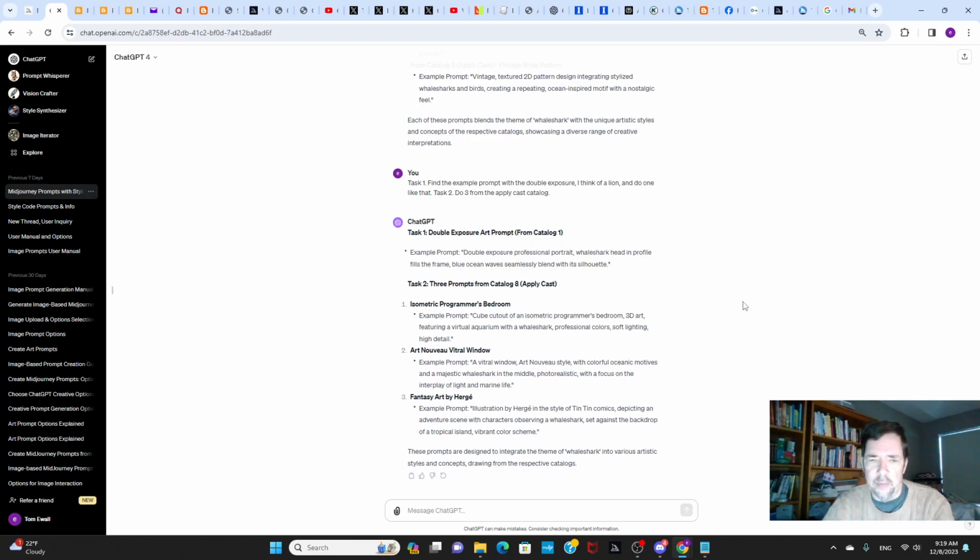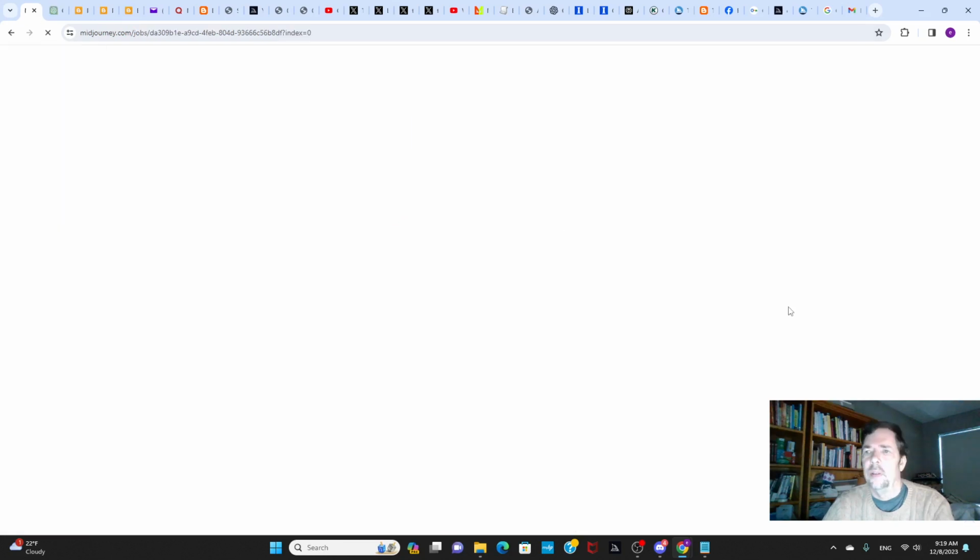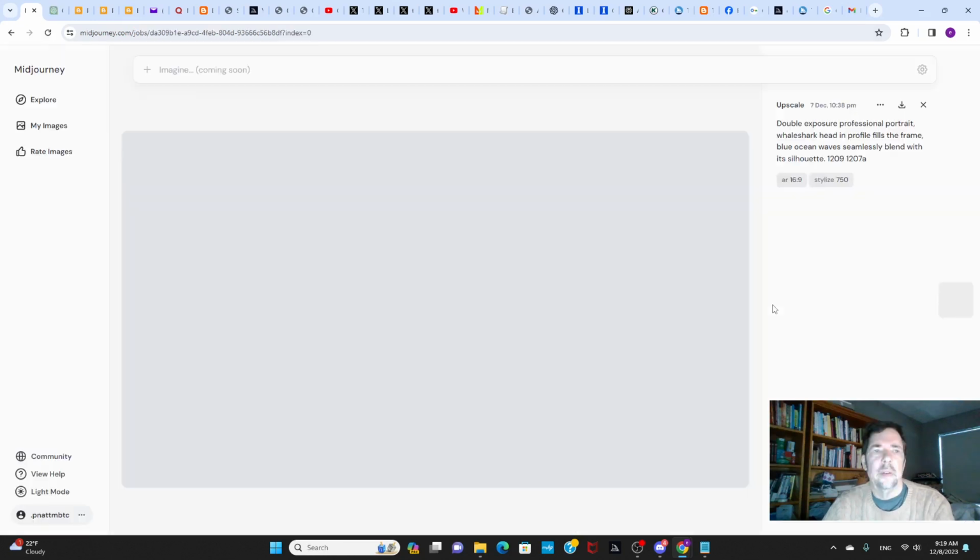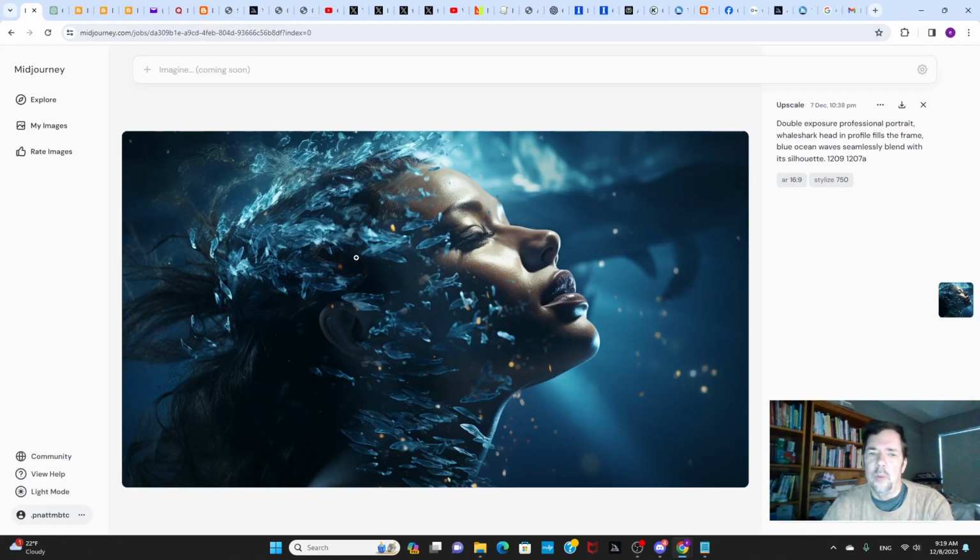So I'll show that. And then I said, choose 3 from the ApplyCast catalog. So the ApplyCast catalog was that YouTube video I mentioned where the fellow showed a bunch of different types of prompts. So he chose 3. And I'll just go back through the images. And so this was the double exposure image, which wasn't what I had intended,